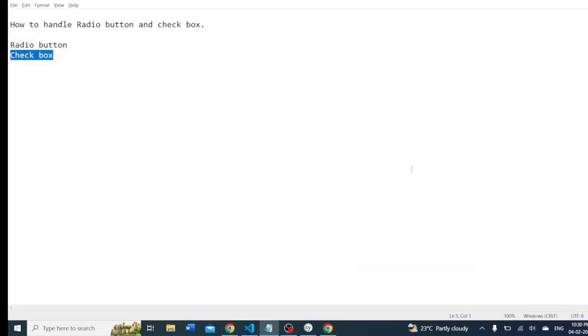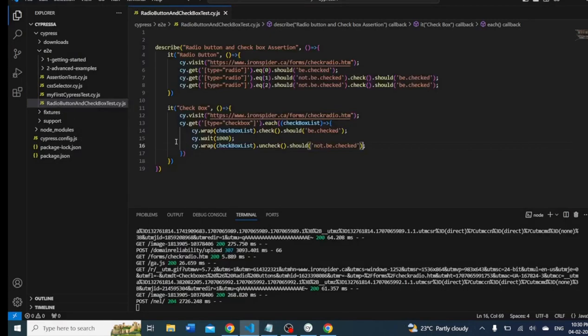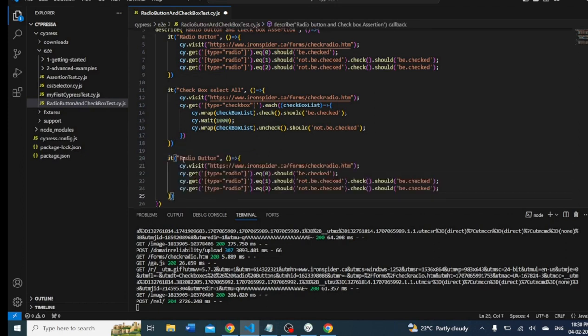Okay, the last topic we want to add is related to, like, we are selecting all checkbox, select all. If you want to select just anyone, for that also we can do it. So I will give the example of that. Just a minute, I will copy this function. Okay, we'll give here